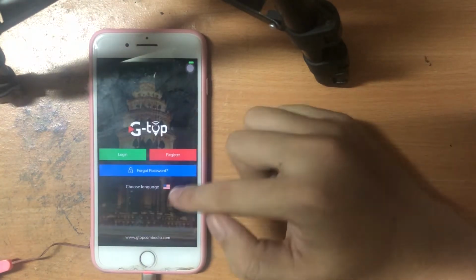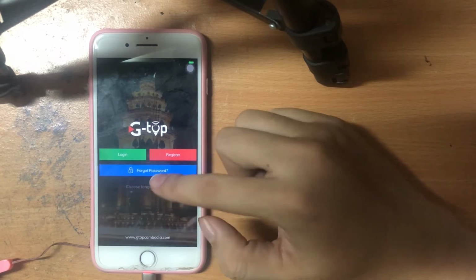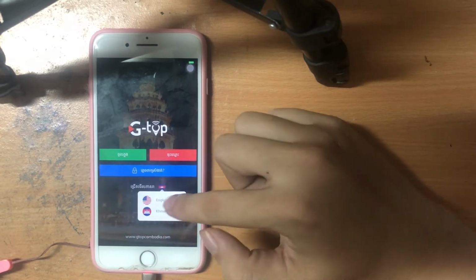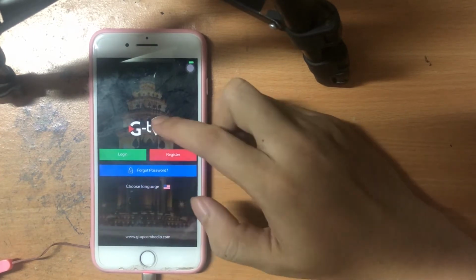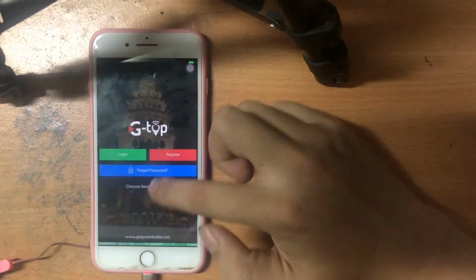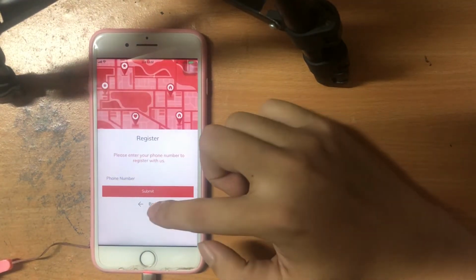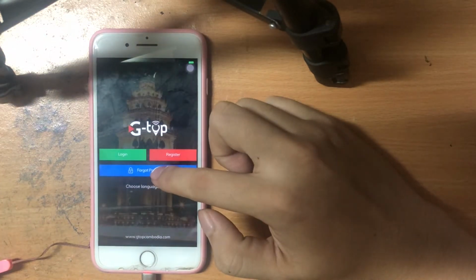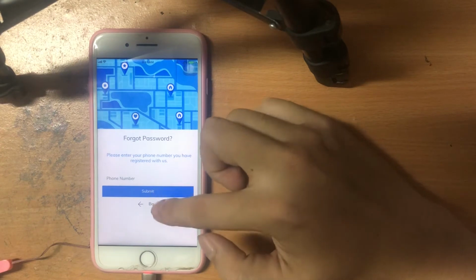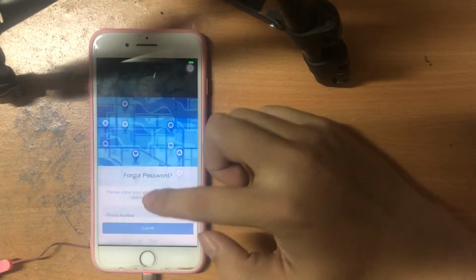Okay, so here is the login screen. We can choose the language. Right now we have English and Khmer. The default language will be English. We can just log in with our demo. For now, we can register. If the user needs to register, they can register. And if they forget the password, they can choose forgot password and then follow the steps to reset the